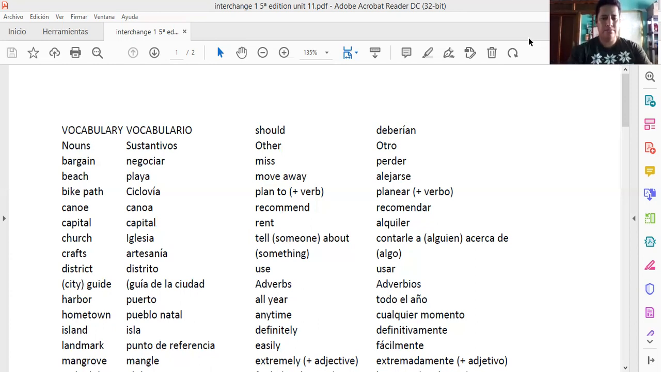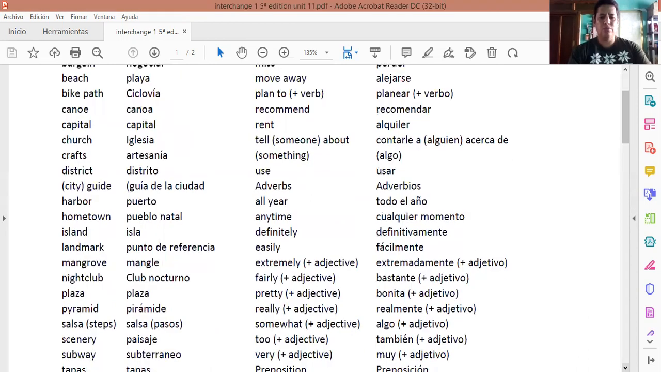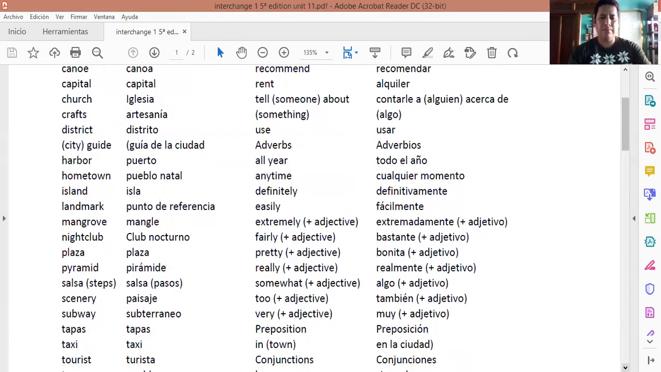landmark, easily, mangrove, nightclub, plaza, pyramid, salsa steps, scenery, subway, tapas, taxi, tourist. Okay, continue with the